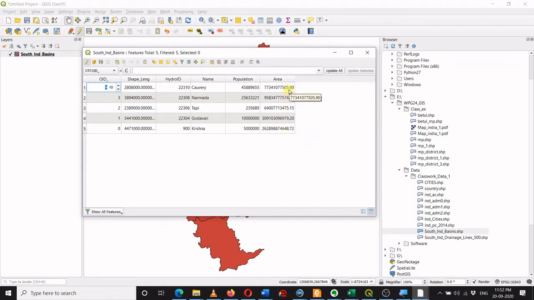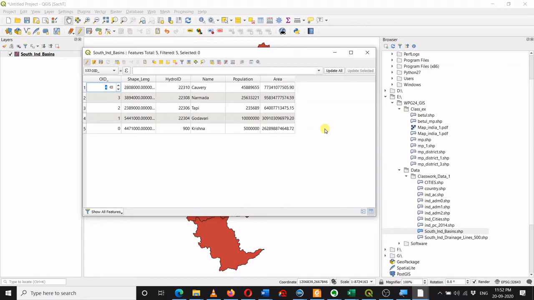I can also convert this into square kilometer, because in general the convention is that the area of a basin is denoted in square kilometers, because the numbers are really huge. How can I do that? I need to create one more column over here where I can show the area in square kilometer format. So let's do it.